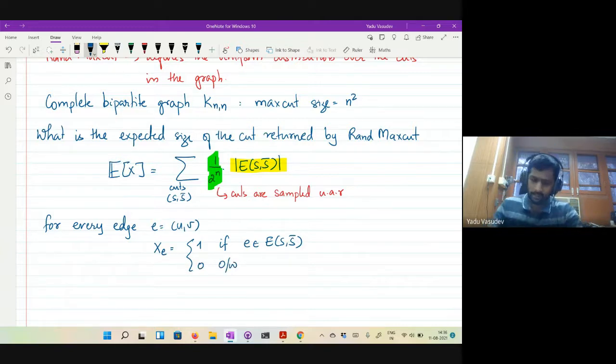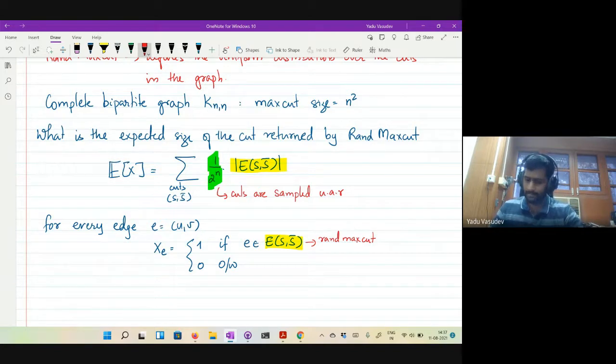So this cut is obtained from the randomized algorithm. For every edge I can associate a random variable, which basically denotes whether that edge is in the cut